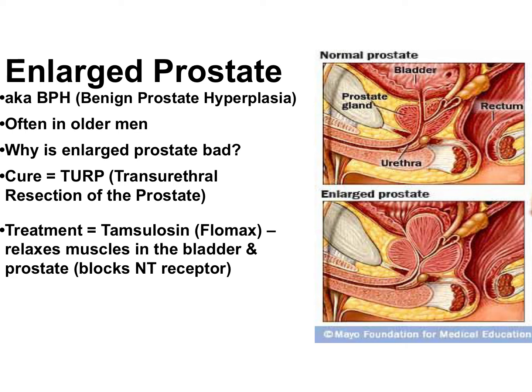Now, the good news is that enlarged prostate can be fixed. The cure would be a surgery called a TURP, which stands for transurethral resection of the prostate. Now, if you use the information in those words, you can guess that this means that a doctor puts surgical instruments in through the urethra, so in through the opening of the penis, moves those surgical instruments up to where